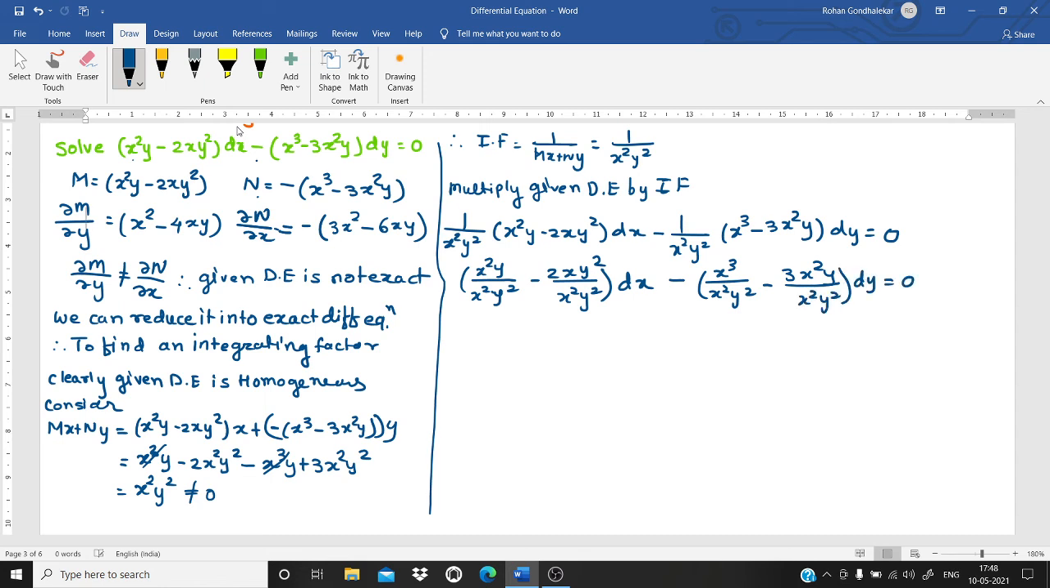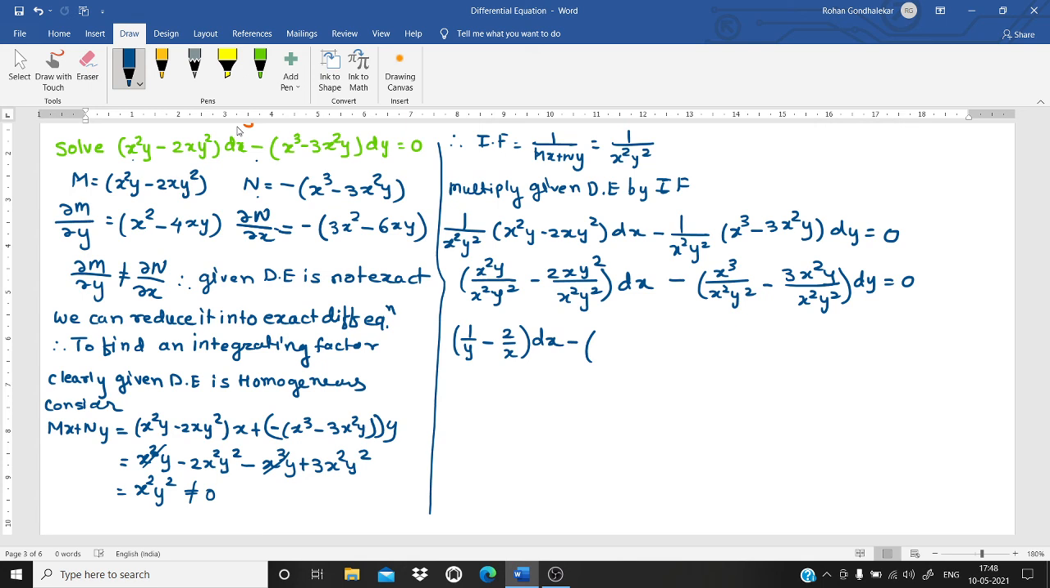Now what? From each term you delete the common terms from the numerator as well as the denominator. So from here x square upon x square will get cancelled, y upon y square, hence we get 1 upon y. Minus, in the second term the 2 as it is, there is a y square upon y square that gets cancelled, x upon x square, so we get 1 upon x. So this is the first term, minus